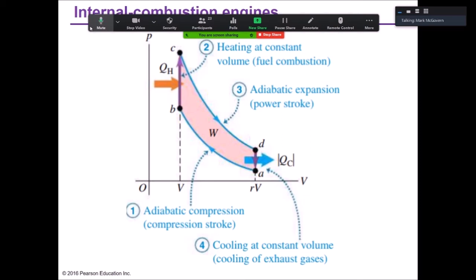And that's our QH. So all of a sudden we're putting a ton of energy in from the combustion. And then what happens there, again, it's very quick. The volume doesn't change, so it's an isochoric process. Pressure jumps up because the temperature jumps up. So we're at a higher isotherm now. Great. Now, as a result of all that energy being released, we have adiabatic expansion.